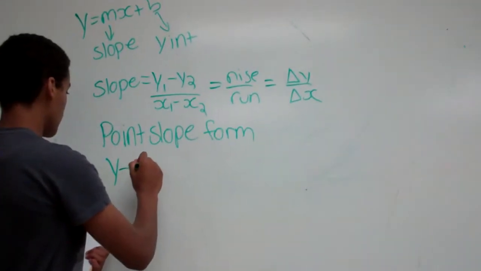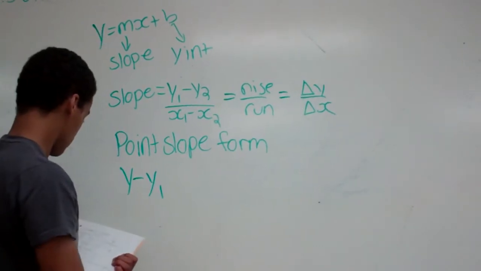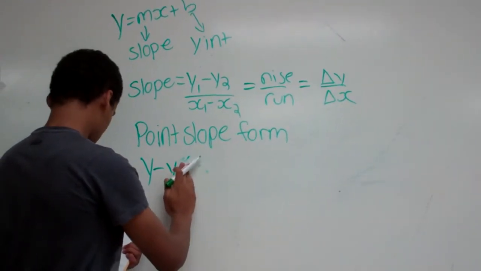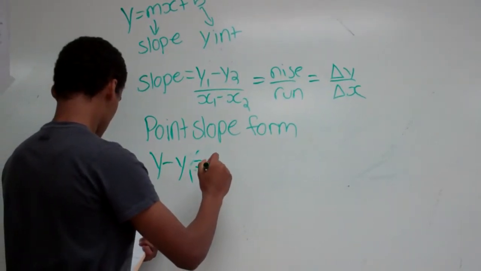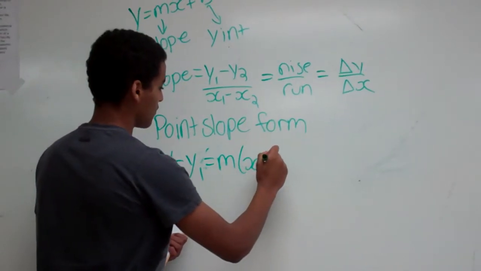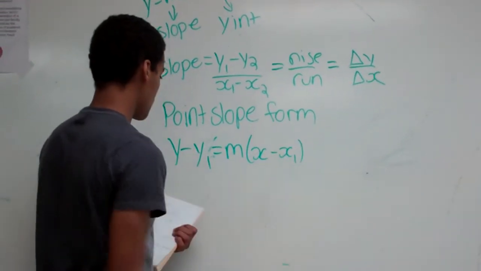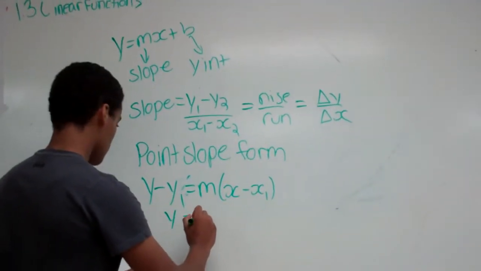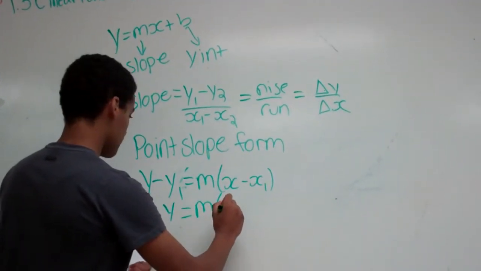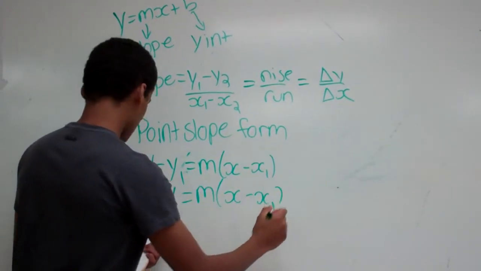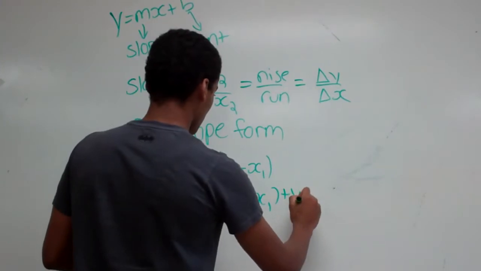The one way is y minus y1 equals m parentheses x minus x1, or the other way is y equals m times x minus x1 plus y1,